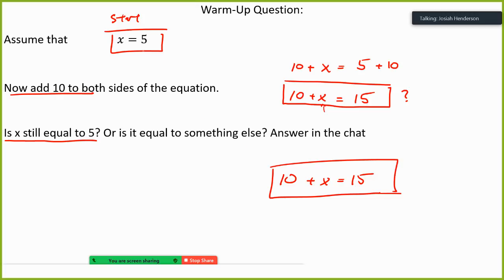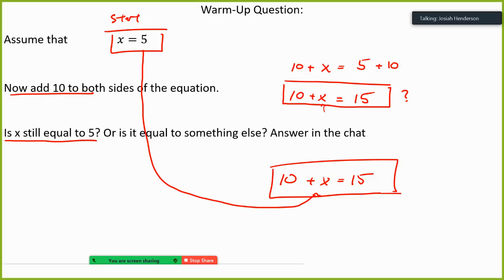Assuming x is still 5, how we started. What happens if we made that x a 5 and added it? Does 10 plus 5, 10 plus x, does that jibe? Does that still equal 15? Like it should, right? Because x is 5. If x alone is 5, we add that to our 10, and now it says that should be equal to 15. Is that true? Does that seem